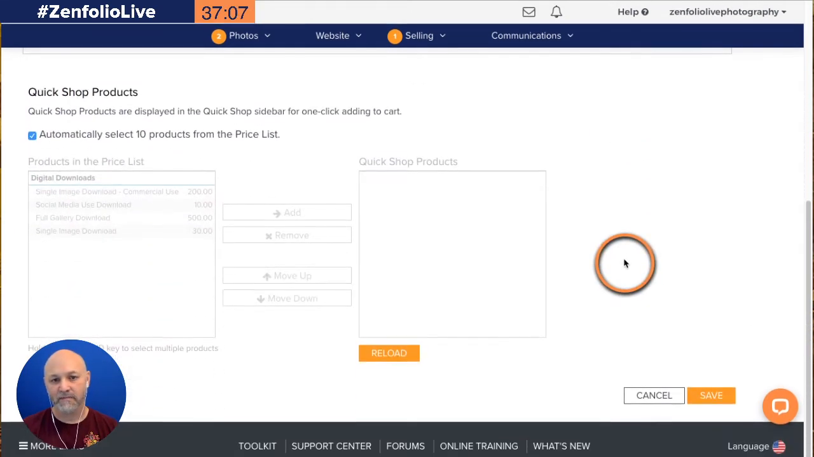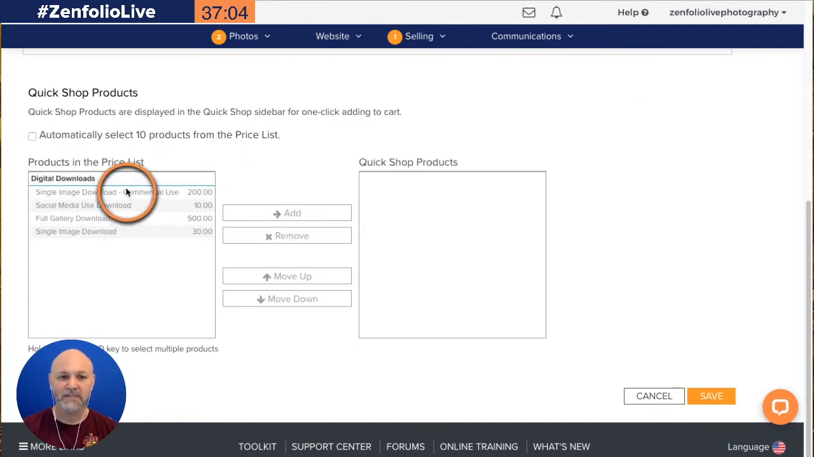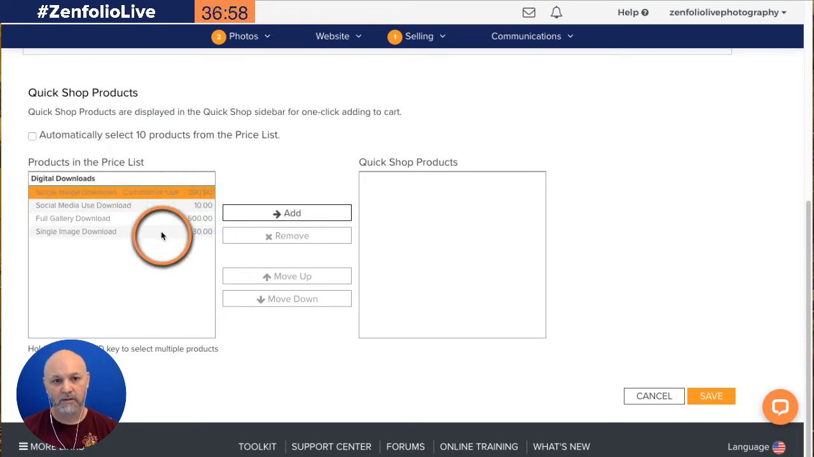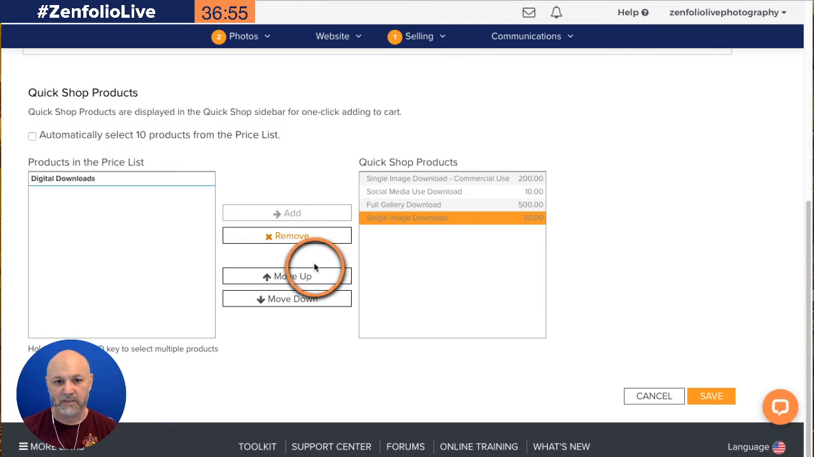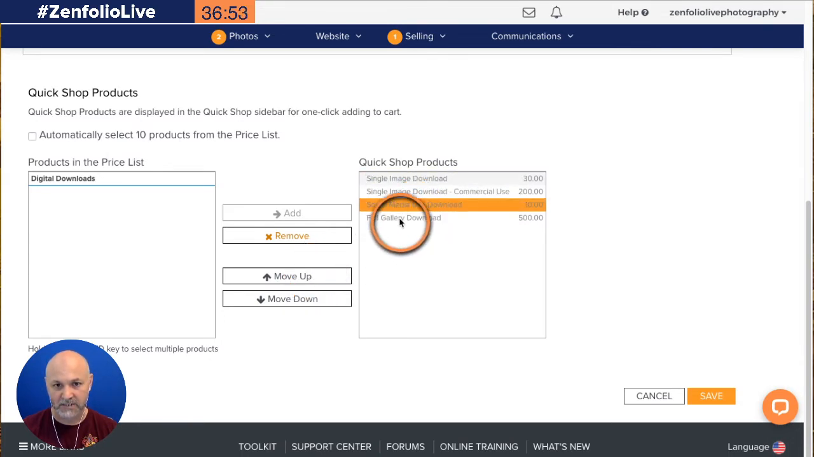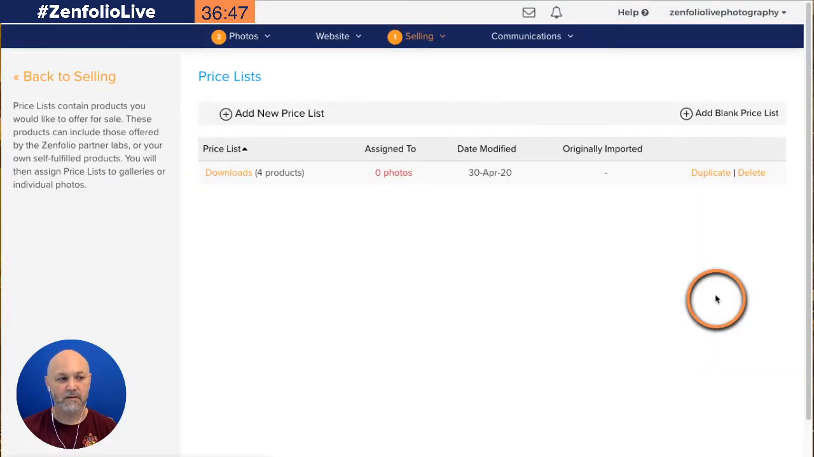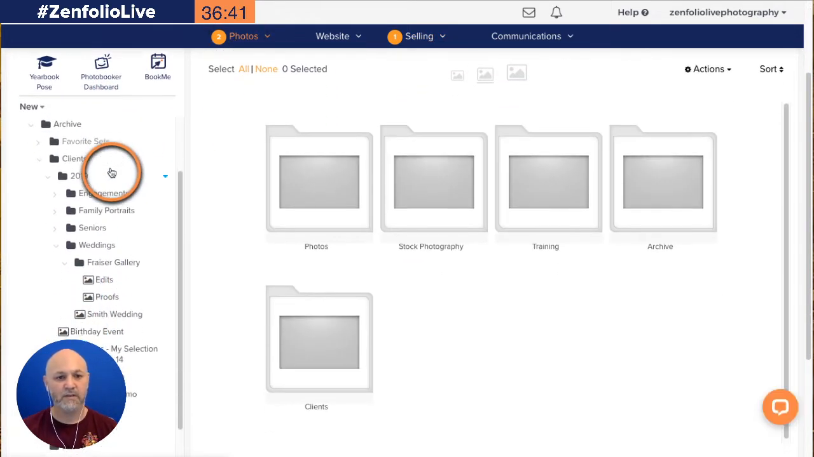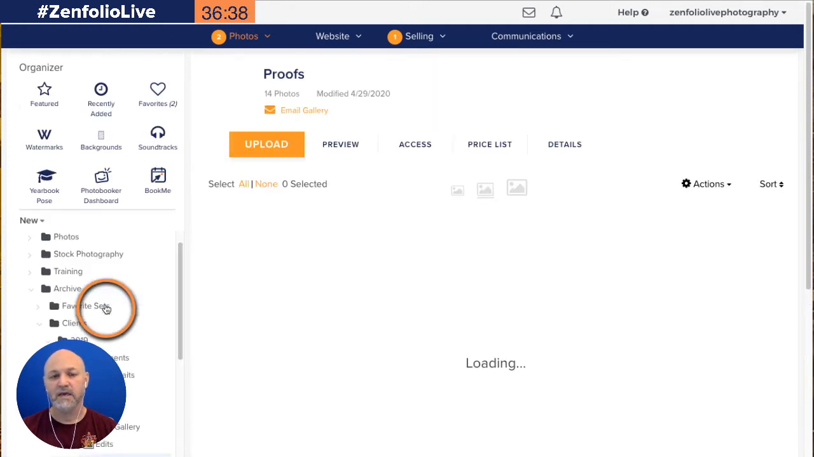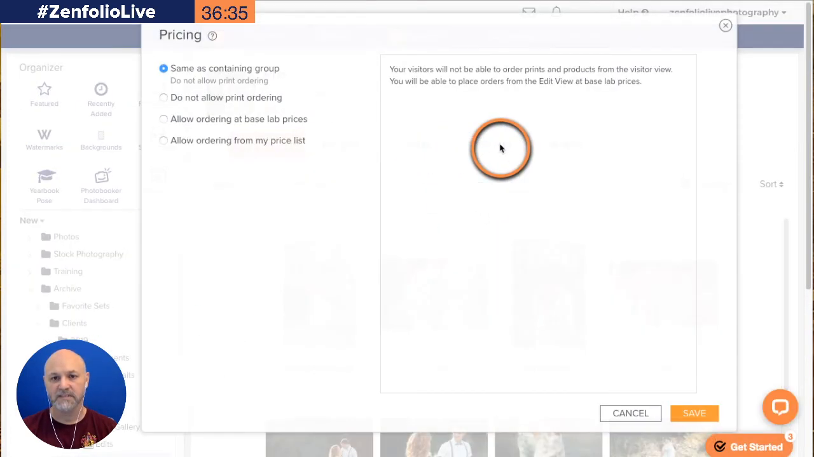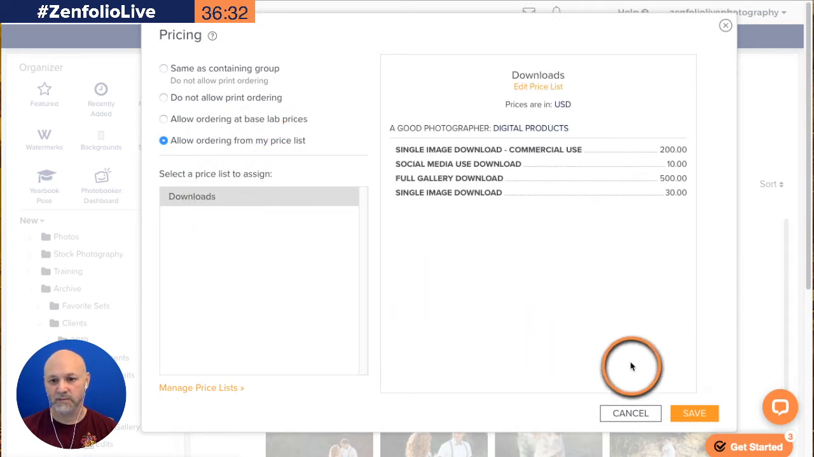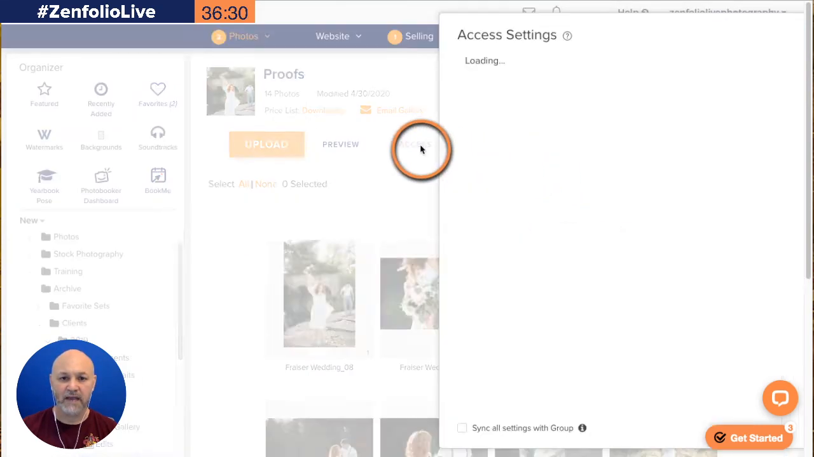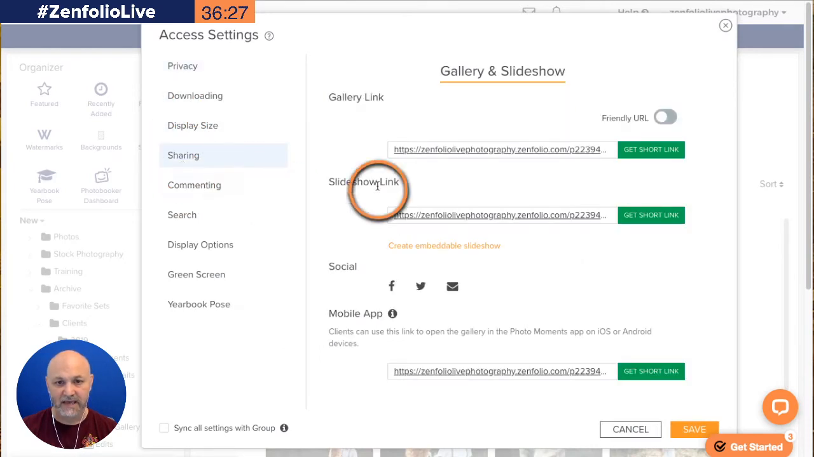So we're going to go down here and we're going to uncheck this because I want to control the order that these show up in. I'm going to select everything over here, add them all in, and then maybe I would organize this in the fashion that I want it to appear. And then we're going to hit save. Okay, so let's go apply this to a client gallery. All right, so if we go down, let's just go to this proofs gallery and we'll go to price list. We'll go to allow ordering from my price list and we'll click on the downloads. So now if we go to access and we get the link to that,